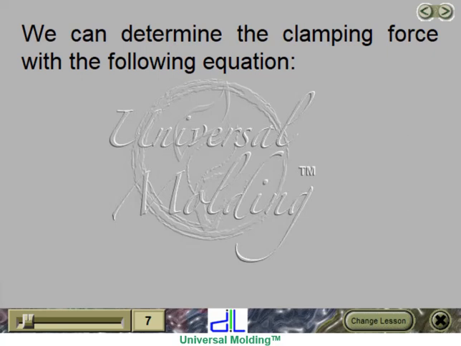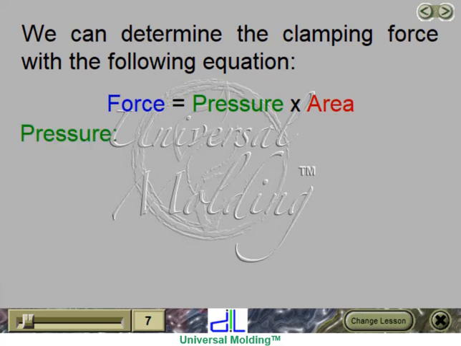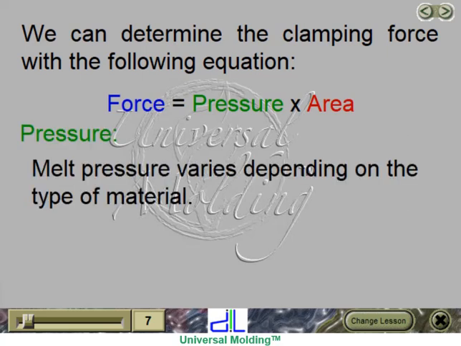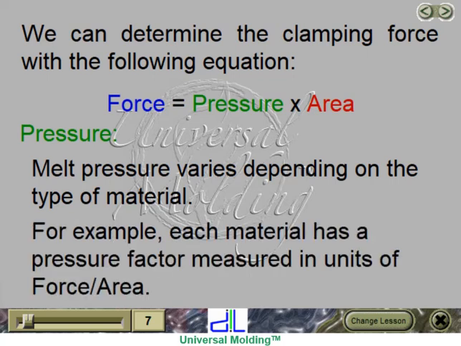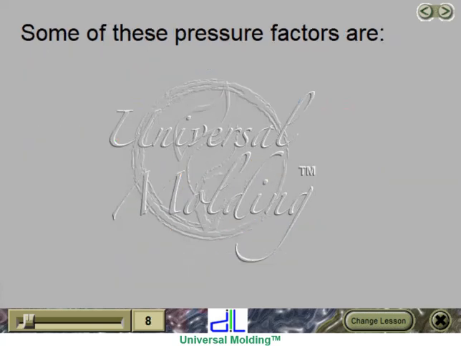We can determine the clamping force with the following equation. Force is equal to pressure times area. Pressure. Melt pressure varies depending on the type of material. For example, each material has a pressure factor measured in units of force divided by area. Some of these pressure factors are